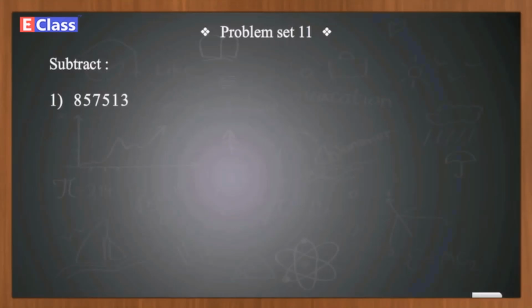Dear students, now we will solve the problem set 11. But I will solve problem number 1 by the first method as an example and problem number 2 by the second method. You solve the remaining problems by any method that is convenient for you. Then, let's solve the first problem. Subtract. 1. 8,57,513 minus